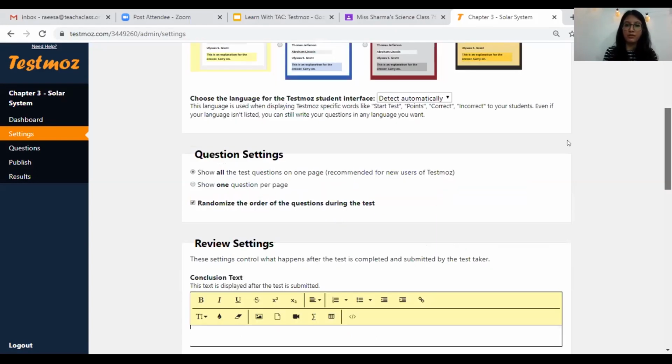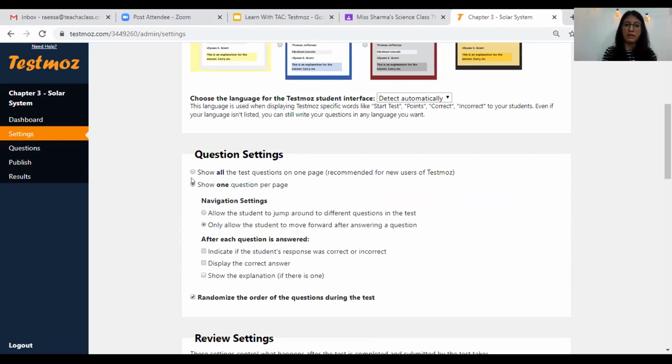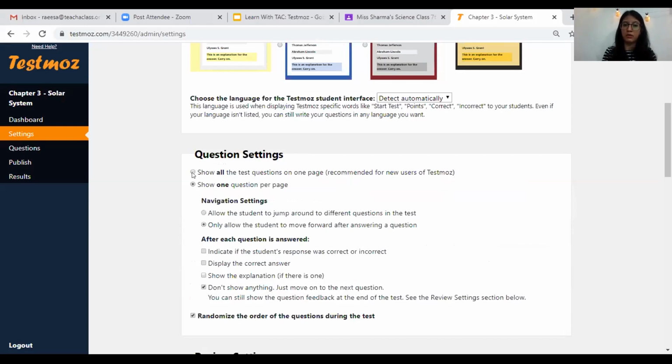Moving forward, the question settings. This says show all test questions on one page or show one question per page. So over here, I like to show all the test questions on one page. If I want to select the other one, I'll simply click on the other box. But I do not like that option because I want my students to be able to see all the questions on the same screen.